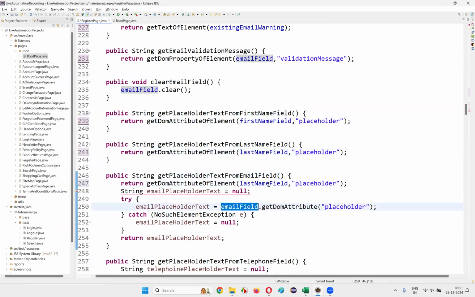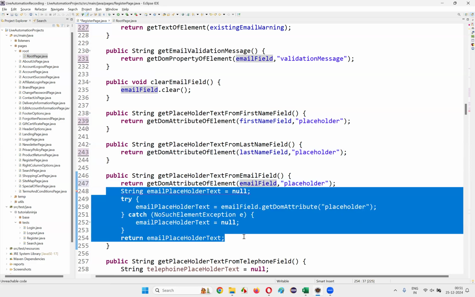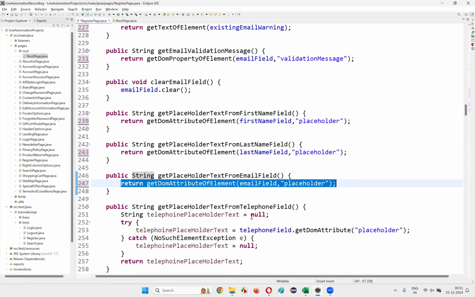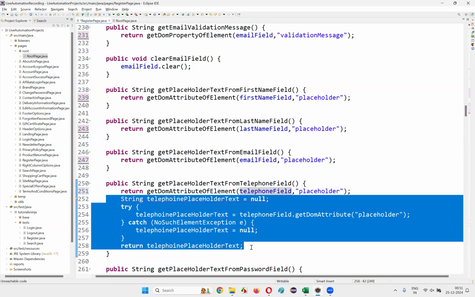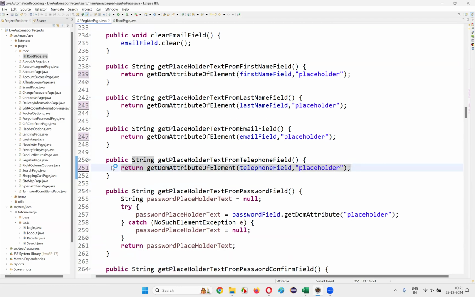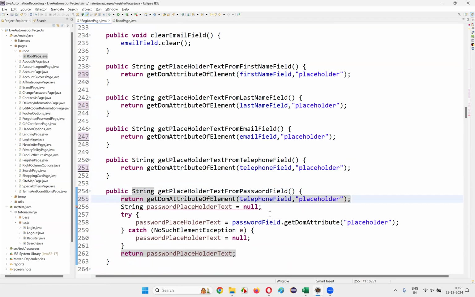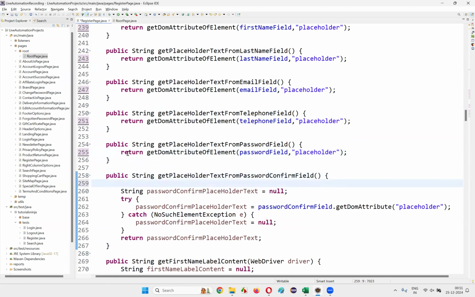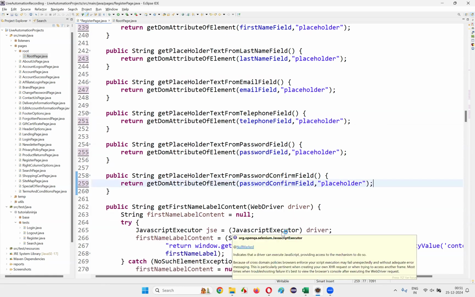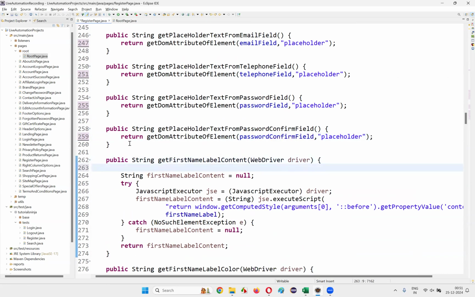paste this here. Email field, same placeholder attribute. Remove this part. Copy this line. Go here. Telephone field, same placeholder attribute. Remove these lines. Then copy this line. Here, password field, same placeholder. Done. Then this one, copy this line. Paste. Same thing. And here, you copy this password confirm field and same placeholder. Then here, copy this